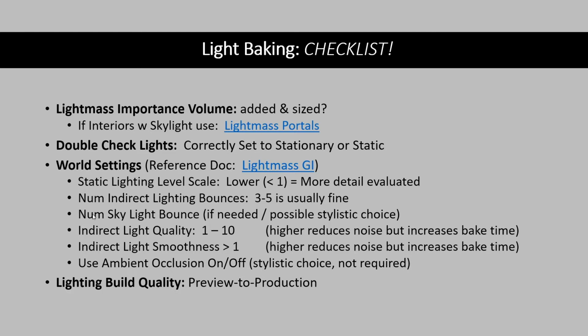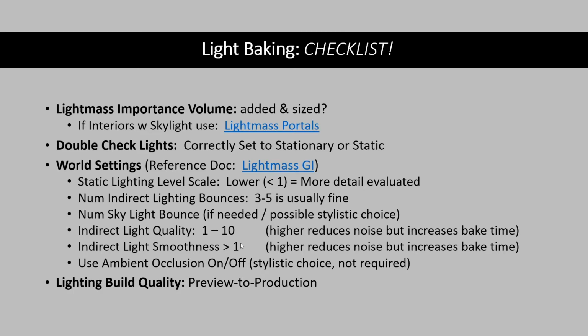So also the number of indirect bounces as light bounces around your scene, 3 to 5 is usually good. The default is set at 5, and that's where we have it set for this. The number of skylight bounces. Now, this used to be static, but they've recently allowed you to additionally allow the light to bounce from the skylight. Now, if you have a really strong ambient light, then you might want to calculate additional skylight bounces. I have it set at 2 for this.